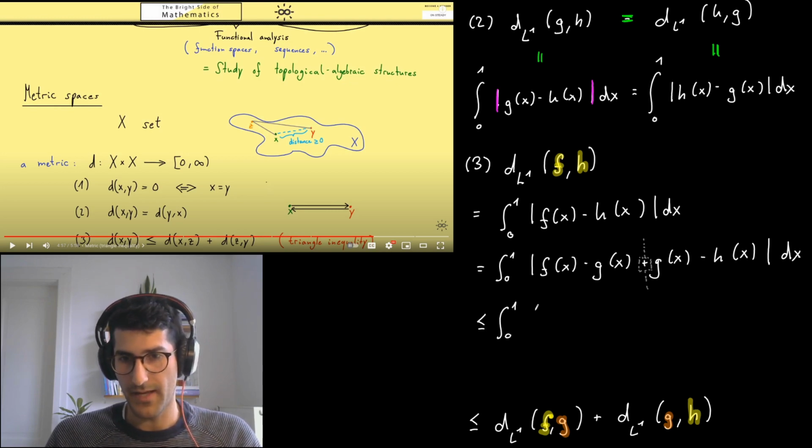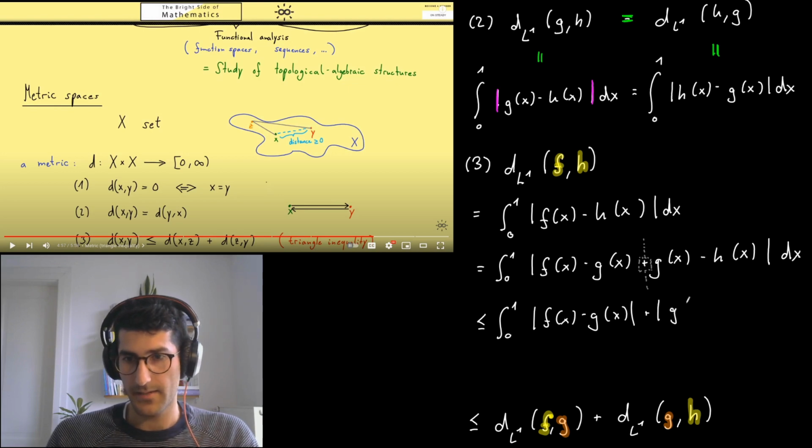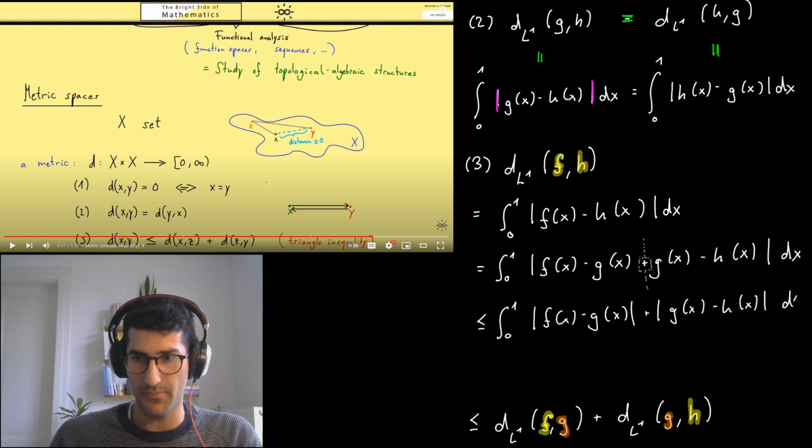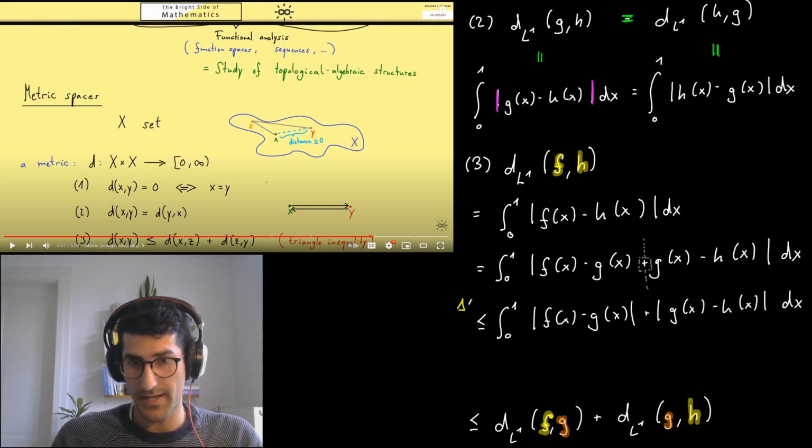This is very fast. We just split the absolute value, leaving us with the absolute value of the difference of f of x and g of x. And then the rest comes in here in a separate absolute value. So we used here the triangle inequality